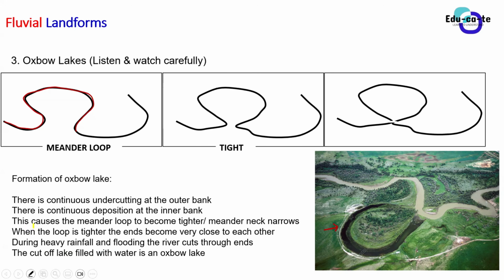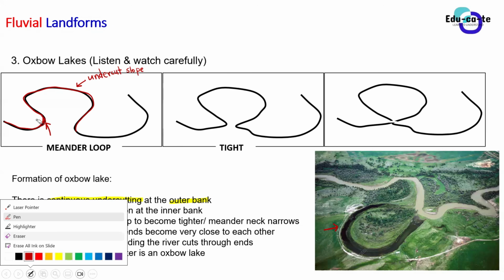So the first thing that happens, when you're explaining the process of formation of such an Oxbow Lake, is we first explain the continuous undercutting at the outer bank. Remember, guys, I told you that in a meander loop, the outer bank or the outer bend of this meander is known as the undercut slope. So this is known as the undercut slope. At the undercut slope, we have got a lot of erosion, right? Even here at this point, this is an undercut slope because this is an outer bend.